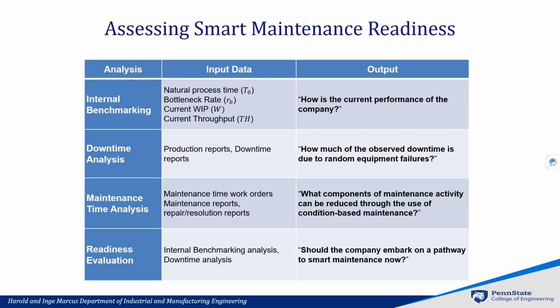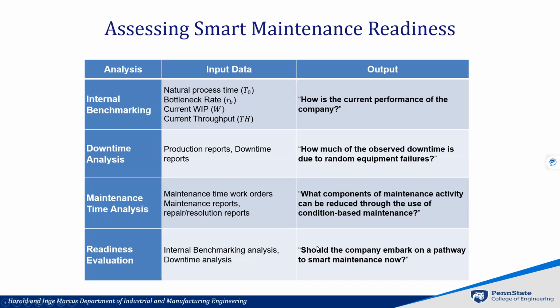Suppose you have a particular piece of equipment whose spare parts require about 2 weeks of lead time, which means once it goes down, it'll stay down for 2 weeks because it takes you that long to get the spare parts to put it back together and get it back to operational status. So we need to look at what the components of the maintenance activity are that constitute the downtime to say, hey, if you did go for condition-based maintenance, what might be the bang for the buck that you get from it?